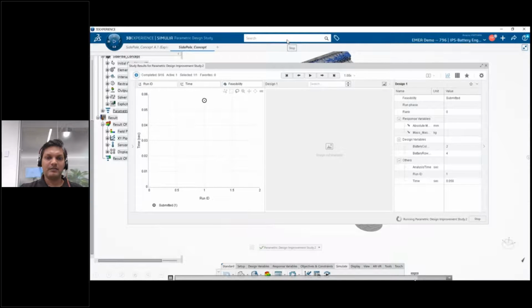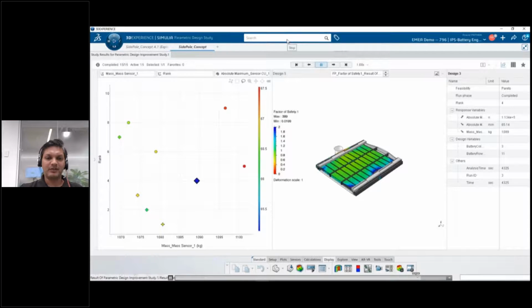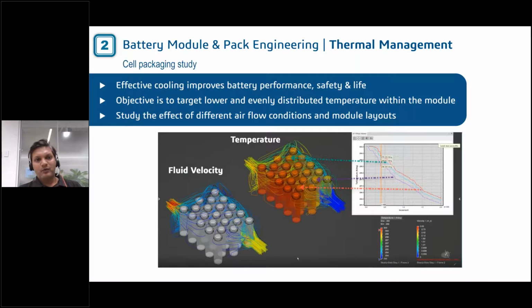And further studies can be done on these packs. Another important aspect is thermal management. To understand or to achieve lower temperatures, or even temperature distribution within the module or the pack itself, with